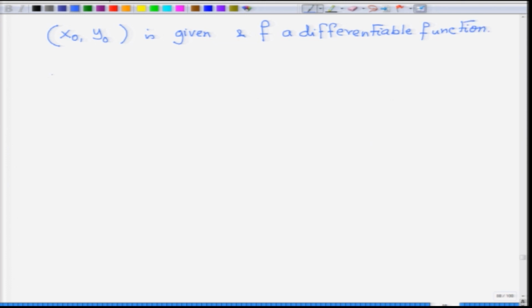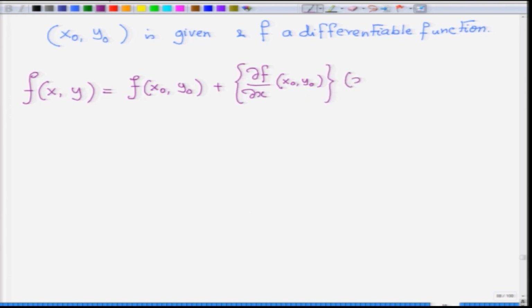Right. Now, this role of A that we wrote there is now played by x naught, y naught, and I want to figure out the value of f at x, y. That is equal to f of x naught, y naught plus del f del x evaluated at x naught, y naught, multiplied with x minus x naught